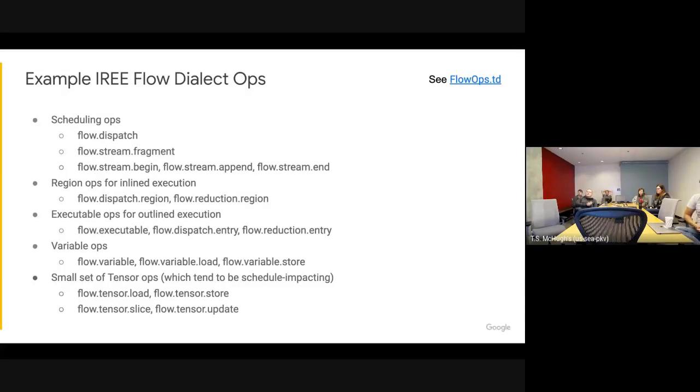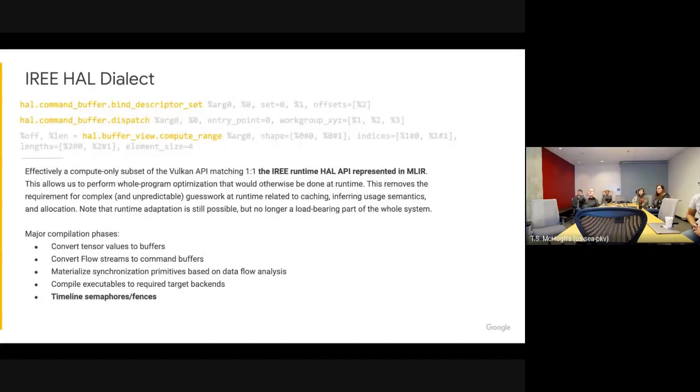And the same kind of optimizations you do in a traditional compiler, you can now apply at this level. And it starts to be where we can really start removing a lot of the work that's traditionally done at runtime for things like copy on writes and lazy tensors and things like that. So we've got a dialect now. It kind of defines these concurrency domains and the flow between them. But now we have to actually start making it real.